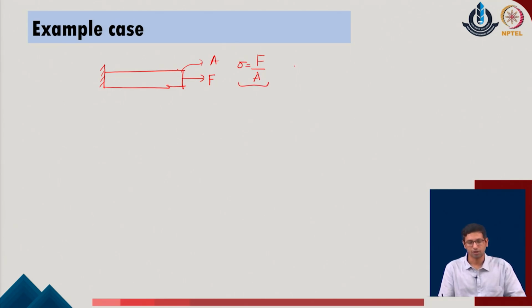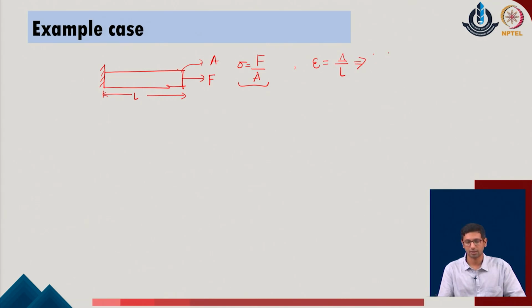At the same time, the user can also define the strain in the given system, which is identified as the change in length upon L of the given system. If I define the original length of the system as L, this value of delta can be written in terms of the simple relationship of the elastic modulus of the given system, and we know that the stress value can be defined as